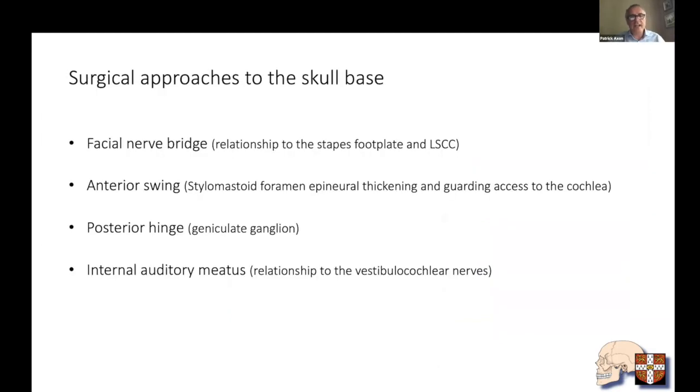So I'm going to show you 4 videos now that identify surgical anatomy for you. And the facial nerve, as I mentioned, becomes involved with disease, as is the first case that I'm going to show you. Or it can be blocking our access to deeper disease, and therefore we have to move it around to gain access more medially. And so I'm going to show you these videos, but also the associated anatomy as one will be operating as the skull-based surgeon, going deeper and deeper into